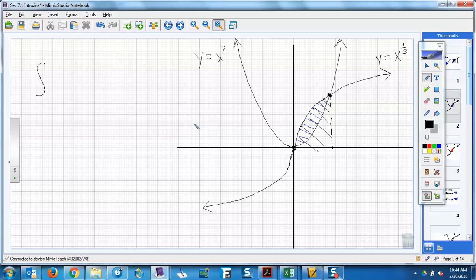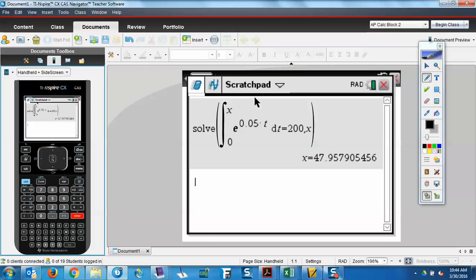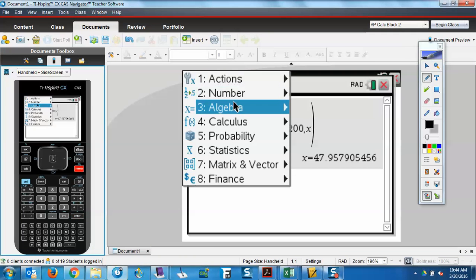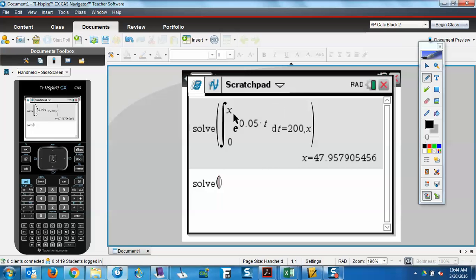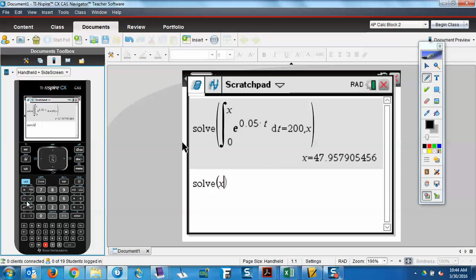Where they're equal to each other, right? So let's do a solve on our calculator. You're going to be doing a lot of this. Up until now, our integrals from what to what have been pretty easy to figure out. But now, a lot of times, we're going to have to find out where they intersect. So where does x squared equal x to the